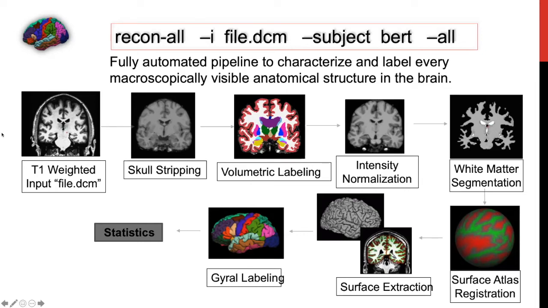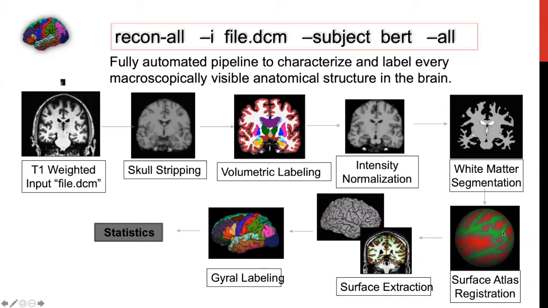And so what you see here is the pipeline of recon-all. This is basically what FreeSurfer does. You give it your T1 weighted image, usually a DICOM or a NIfTI file. It'll do some skull stripping, which is self-explanatory: it takes out that surrounding dura and skull, and then it will go through and label the brain. It'll do some intensity normalization to differentiate gray and white matter,